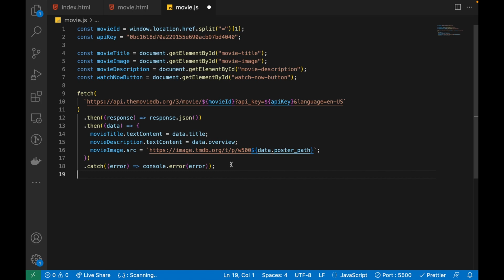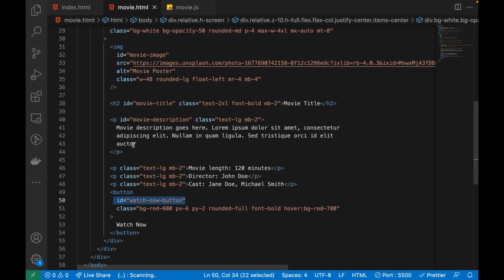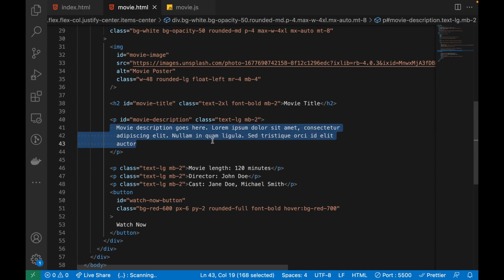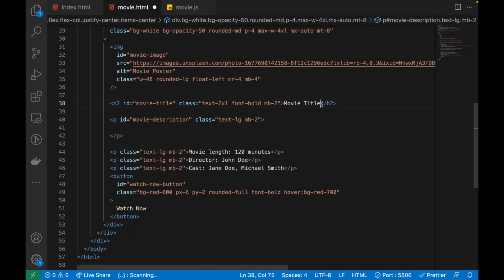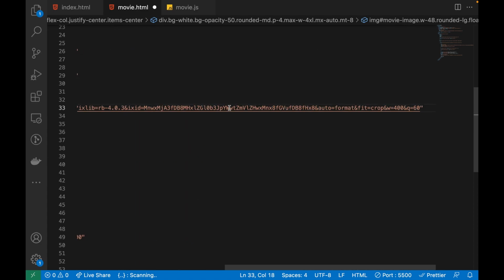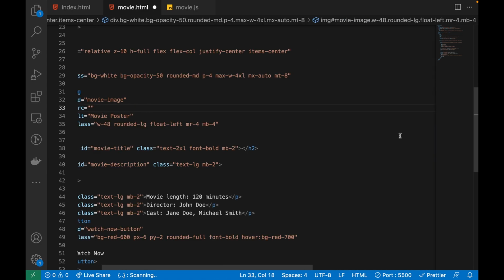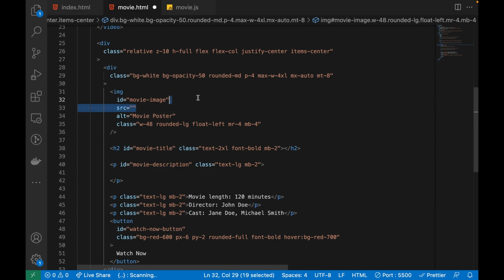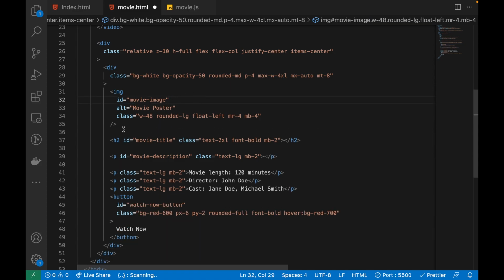So what we're trying to do now is, once we load the page, we fetch the data for the title, image, and description for that particular movie. We're going to save this and come back to our HTML. That means we no longer need to hard code this data. We no longer need to hard code this movie title, and we no longer need to hard code this image source as we did before, because all these are going to be set. We can even take it off. So we keep the class name, we keep the alt, but the source is going to be set